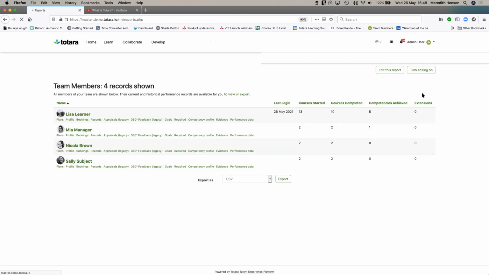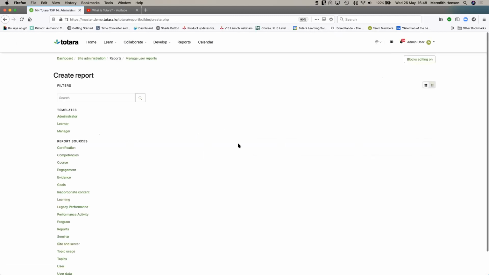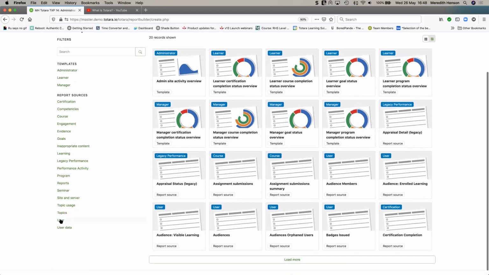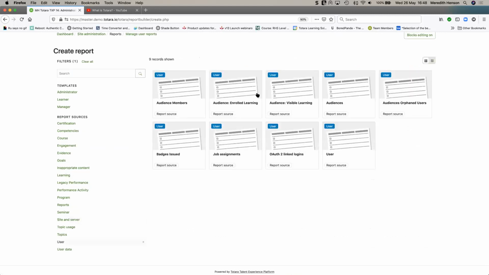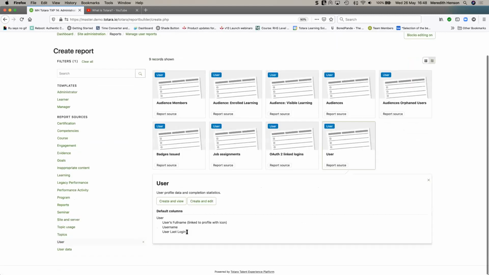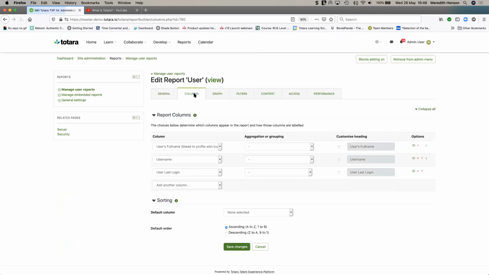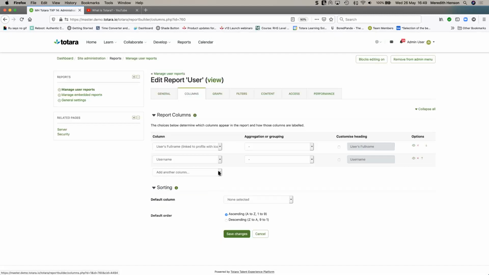But if I wanted to create a new report, I have a range of options. I can generate reports from a predefined template, or I can search across all the different types of reports and choose the right one. So for example, if I wanted to choose a user report, I can click on it and see a preview of the information. I can go in and dynamically create it, or I can make changes as I need. If I want to change the information that it displays, then I can change these report columns. It will give me a few suggestions, but maybe I don't like them and I can change them.